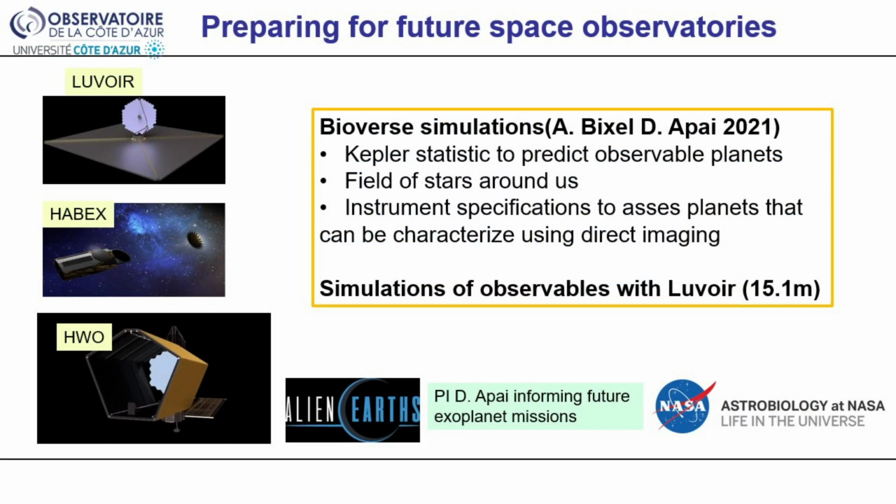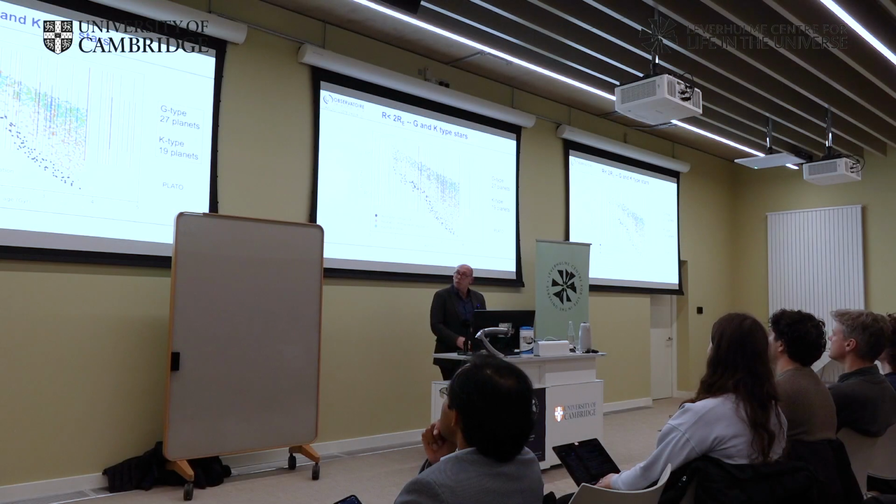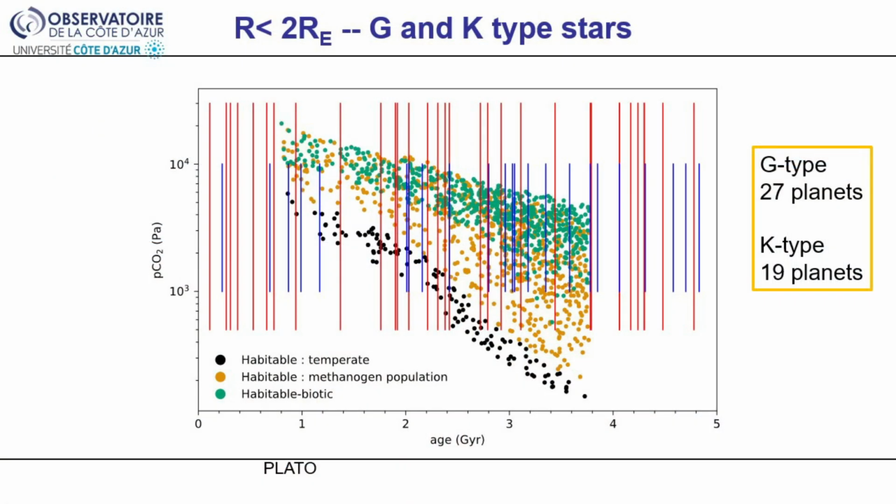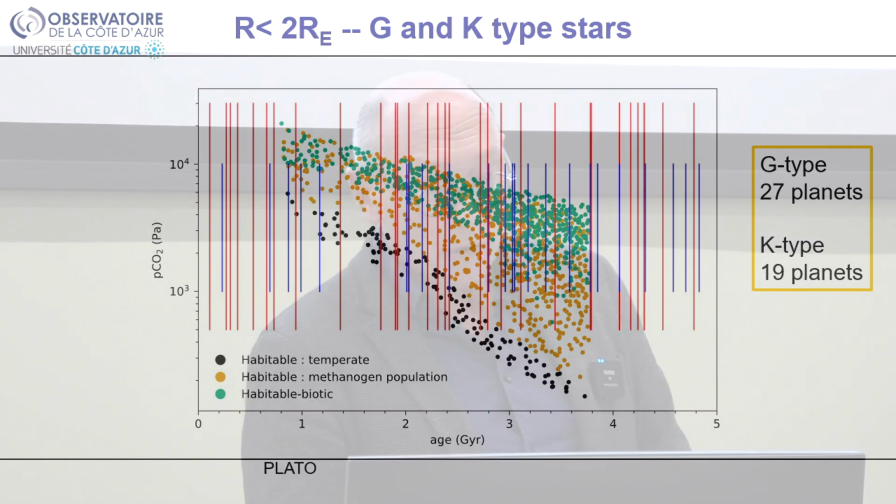So that's the work we do with Daniela Pai, trying to prepare those future space observatories and their requirements, with some hypotheses that would make sense to be tested. I'm kind of running out of time, but you can predict how many planets you can detect with direct imaging, how many atmospheric characterizations you can do,